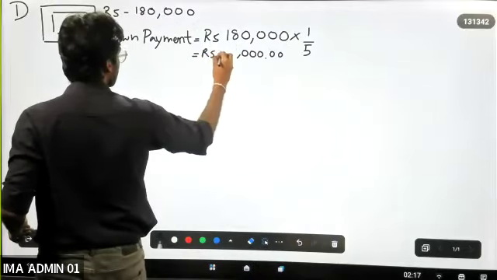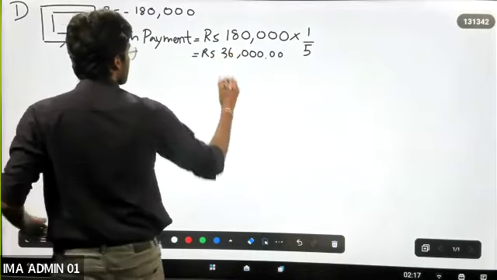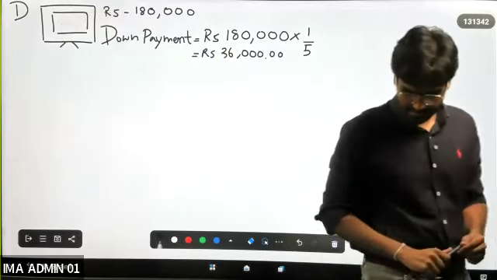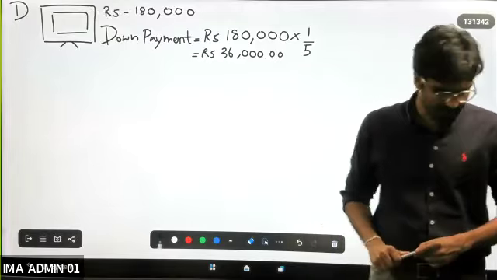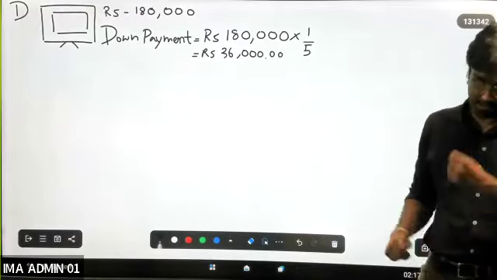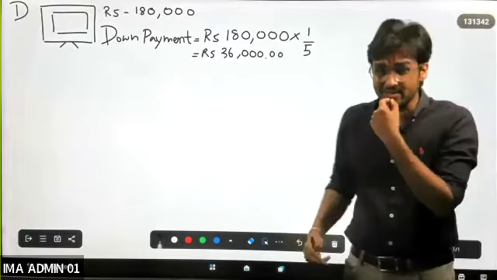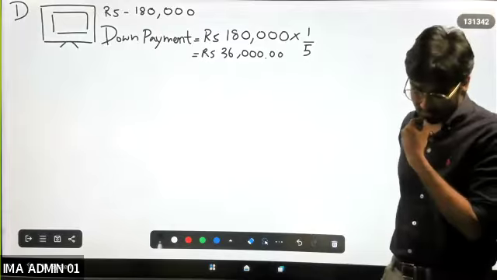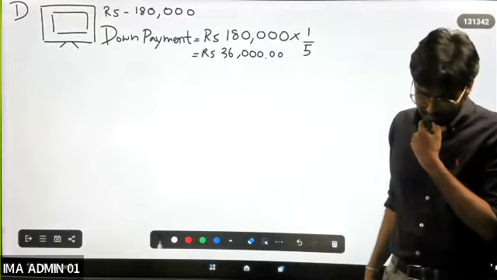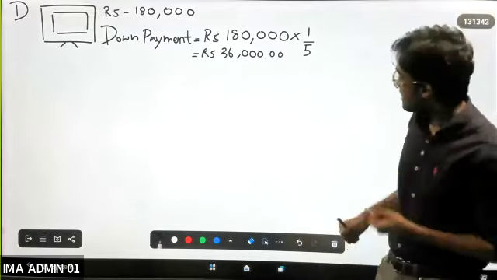So next, now this is the down payment which they do, and they are asking the interest rate. So you have to build your own steps to answer this question. So once we found the amount of down payment, now we have to find exactly how much